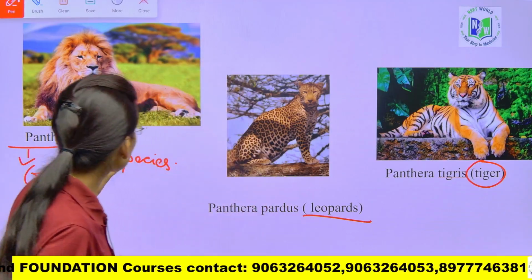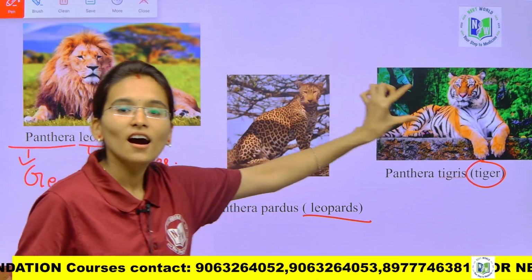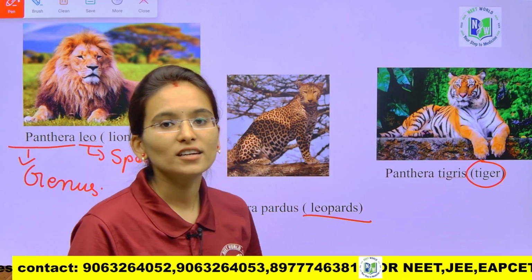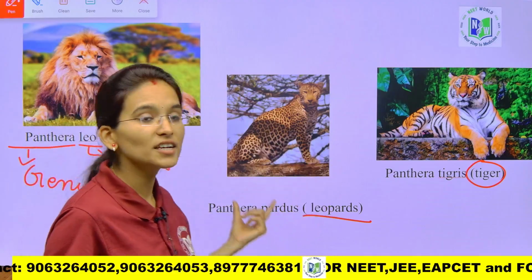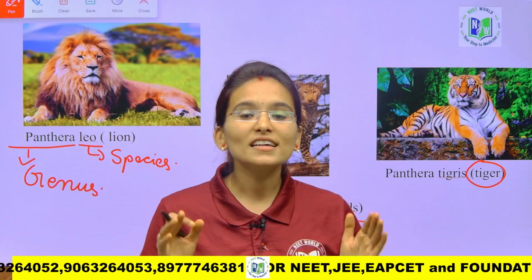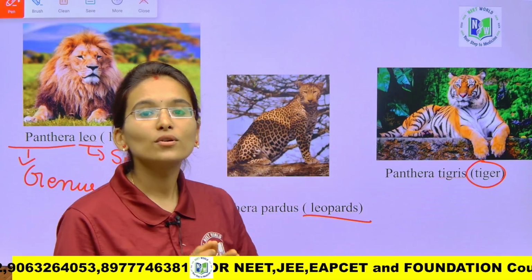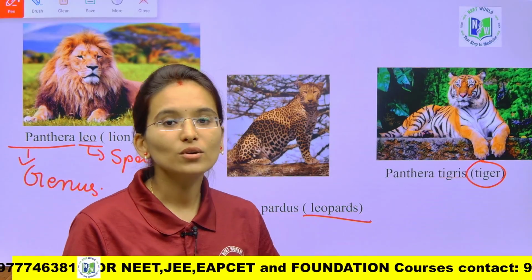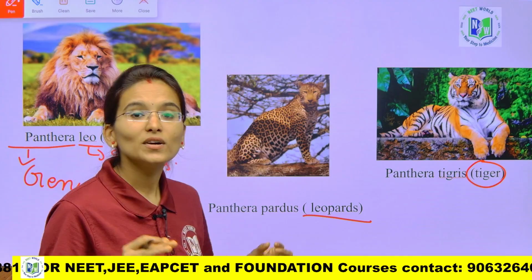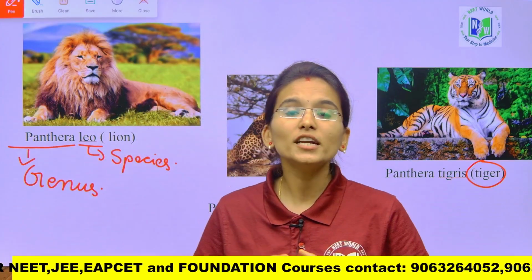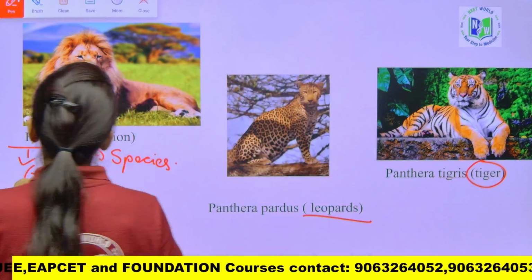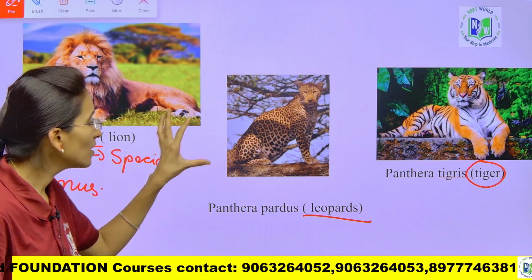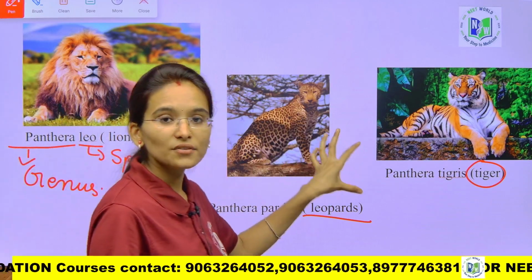That species is not going to be shared by the other organisms; it is going to be assigned only to that particular organism. Species is not shared among organisms, whereas genus is the group of closely related organisms. Genus is shared by the group of closely related organisms, whereas species is going to resemble only that particular organism. Yes, Panthera leo is the scientific name of lion,